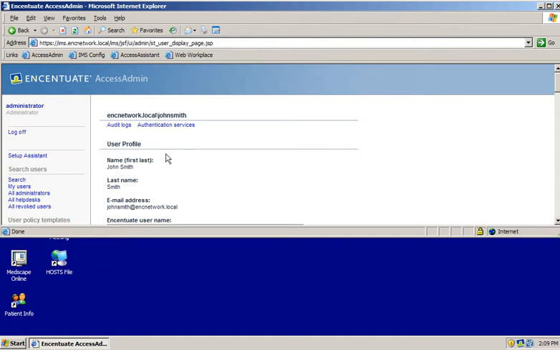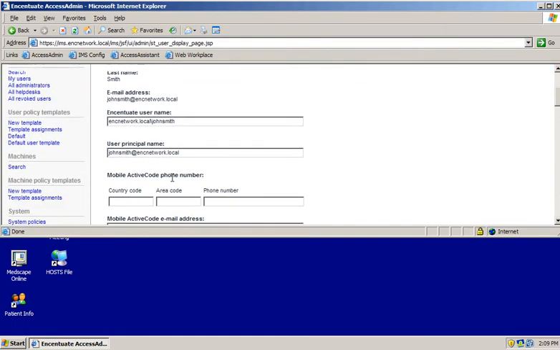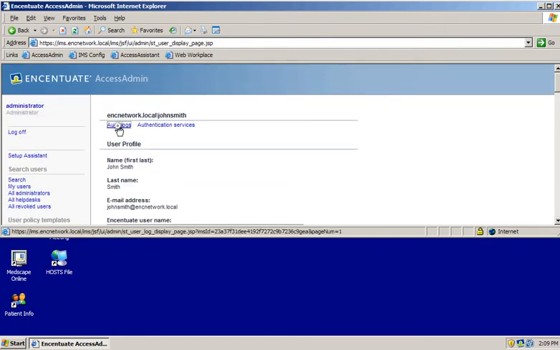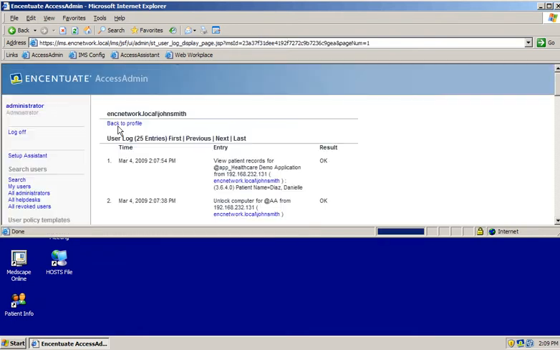But when we click on Audit Logs, look what we're going to be seeing. We're going to be seeing that even though the application doesn't have the logging capability, I mean, the right way of fixing this would be to put the access control on the application as well as the logging. But let's say that you cannot afford, or you cannot modify that application, or it costs you too much money. You can have Access Agent do it for you. Not only to selectively show something to some people and something cannot be shown to some people, but also